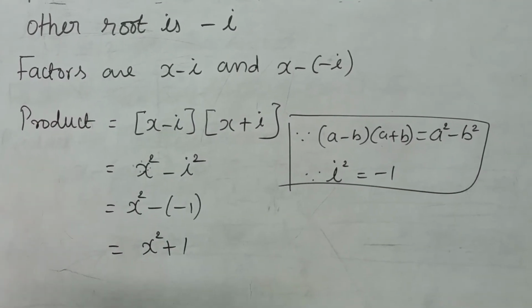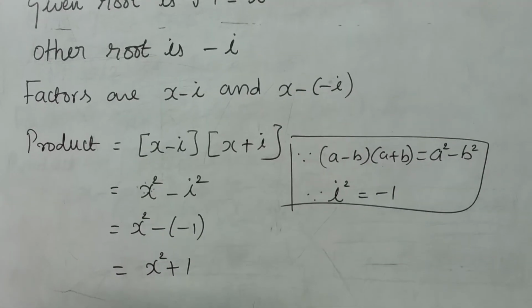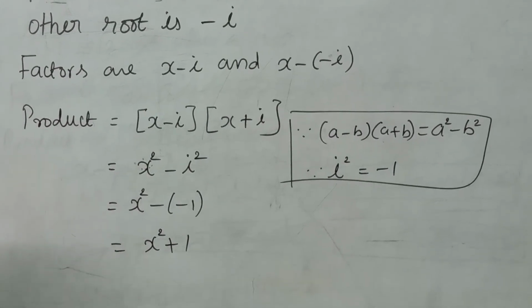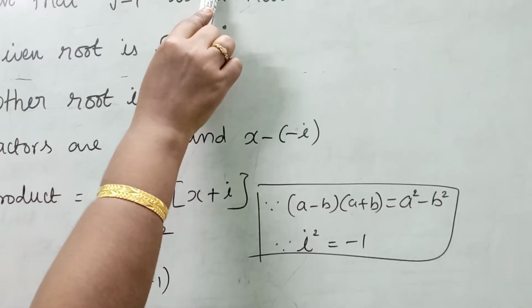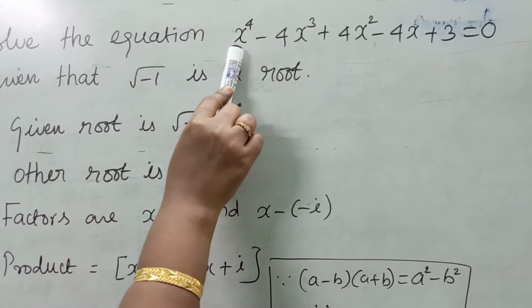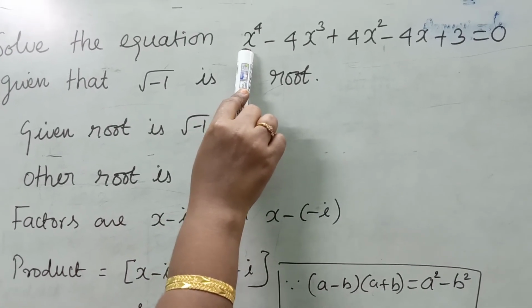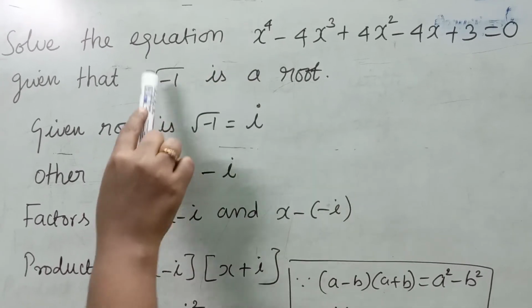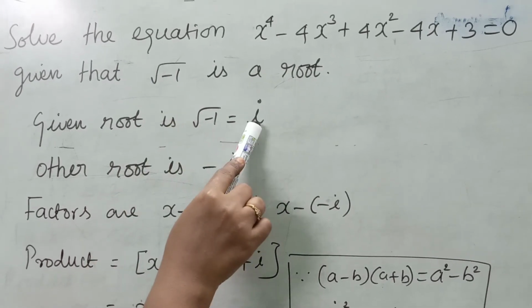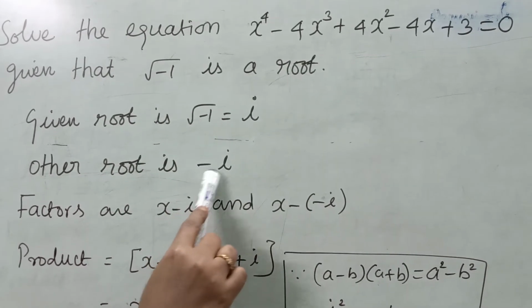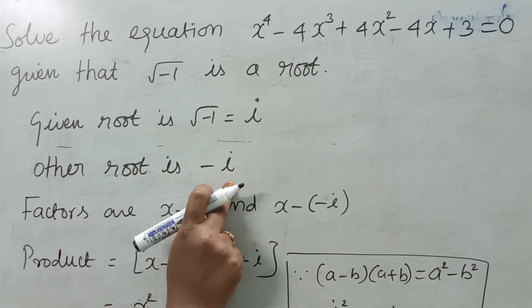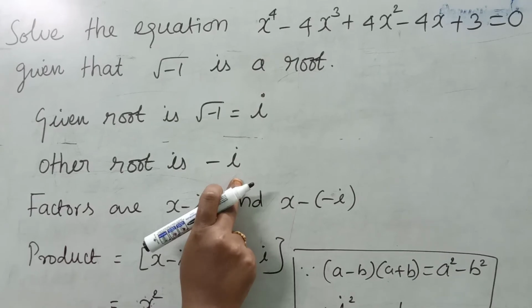We get one quotient. That quotient we have to equal to 0. We get the solution of the equation. Look at the equation. It's a biquadratic equation. That is highest degree is 4. Therefore, we must have 4 roots. We must have 4 different roots. One root is given, root of minus 1, that is I is one of the roots. Therefore, we found minus I is also a root. Therefore, we have found 2 roots. Then we have to find the remaining 2 roots.